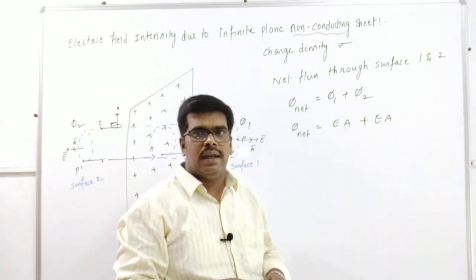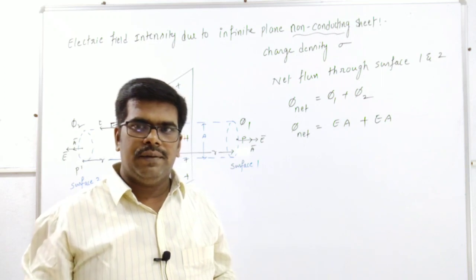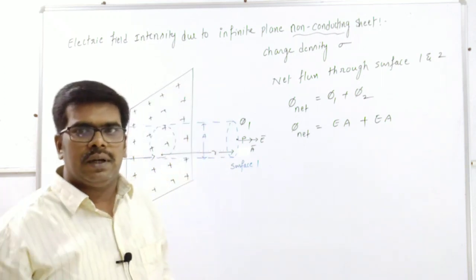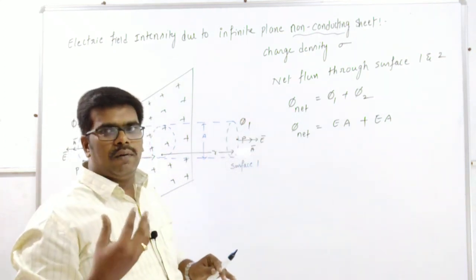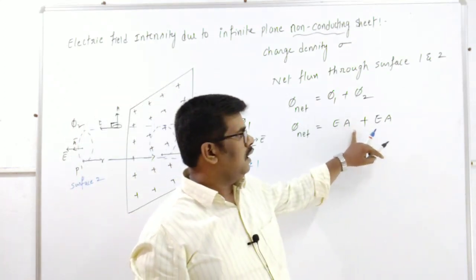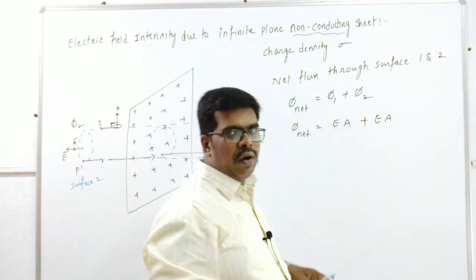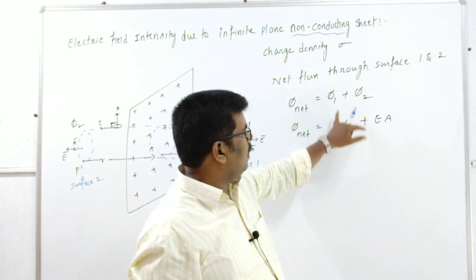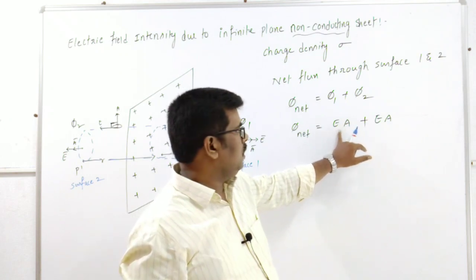without involving the integral form? If it is a curved surface case, if the body has a curved surface, as well as if it is a non-uniform electric field case, we are going to take the integral form. But here, in the flat and uniform electric field case, we are going to take directly the scalar product of electric field intensity and area vector. So don't confuse about it. In the previous cases they were curved surfaces, that's why we took the integral form. Here we directly took the flux as E bar dot A bar cos 0, that is 1, so EA.